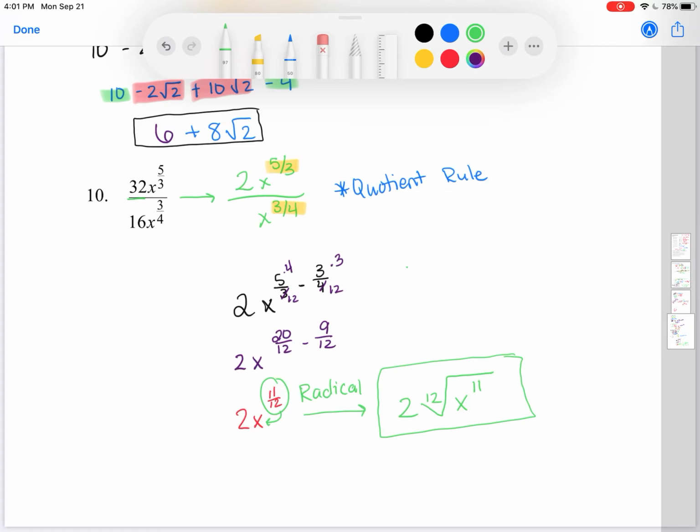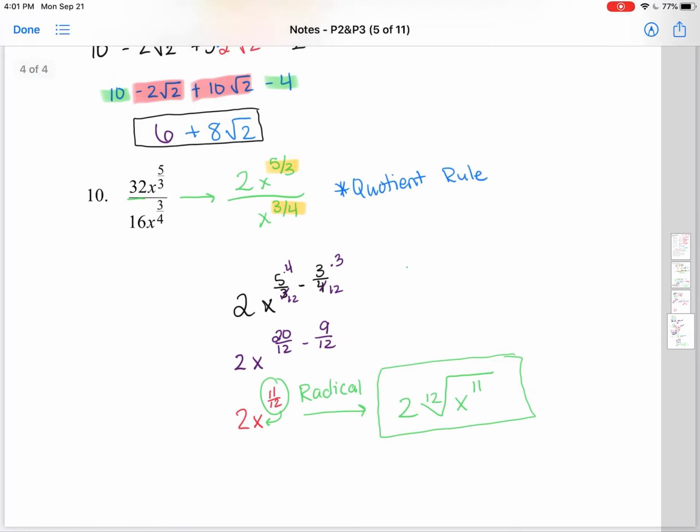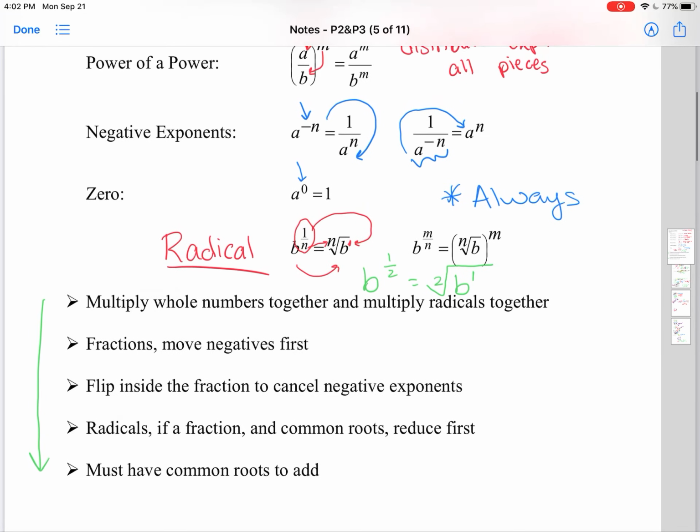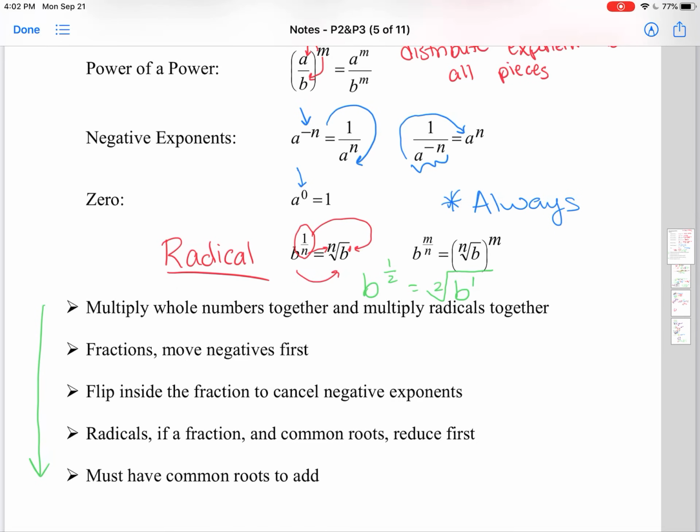All of my work is shown. So if you have questions still, please, by all means, ask. Get some clarification. We're using those rules. If you need to add, remember you're multiplying terms when you add your exponents. When you subtract, we're dividing our terms when we're subtracting our exponents. All of those rules come from this very front page. So if you want to print this page out, you want to keep it in your binder, it will help us as we continue on in section or unit 3, this chapter. All right, so give them a shot, give those 8 problems a shot, and then